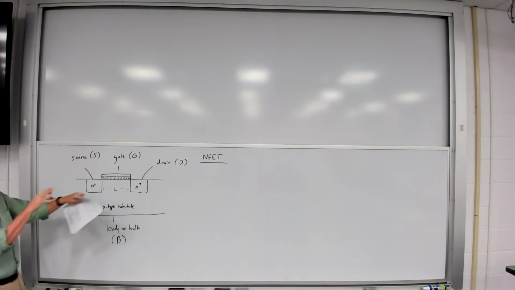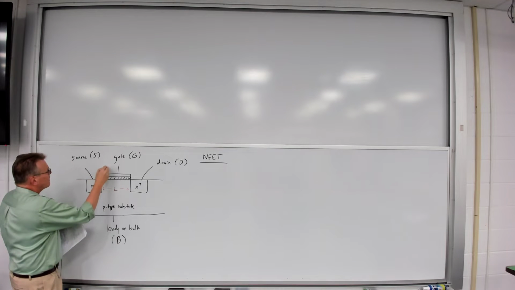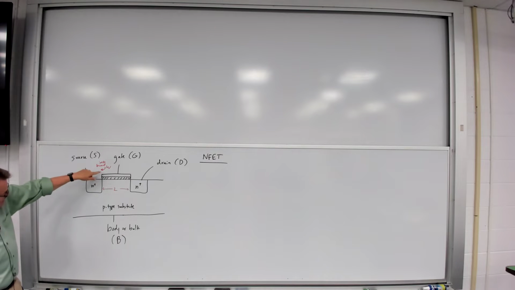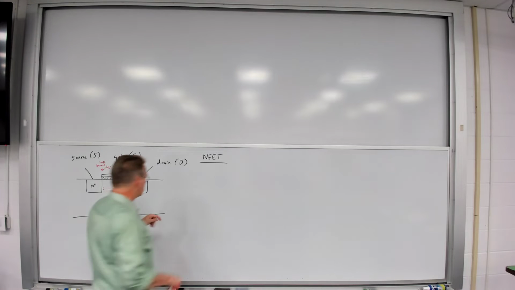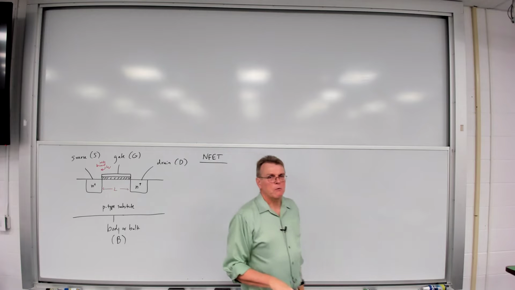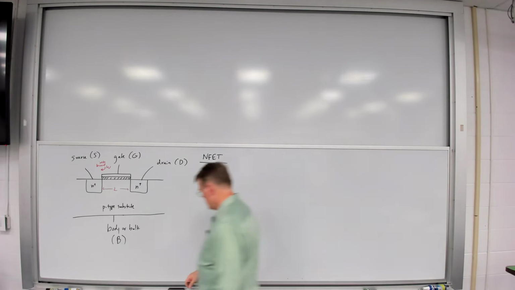And then there is a width of the gate area that goes into the board. Of course, I can't draw that, but that will go straight into the board. So there is that third dimension that we can't see in this cross section. But as we're going to see later on, the width and the length are going to be essential to one of the equations when we start looking at how a MOSFET works. So here,